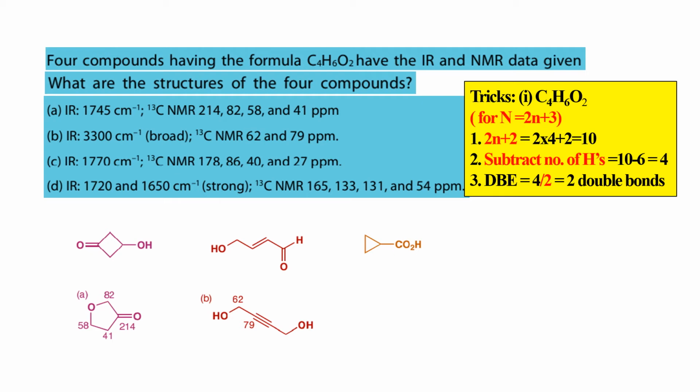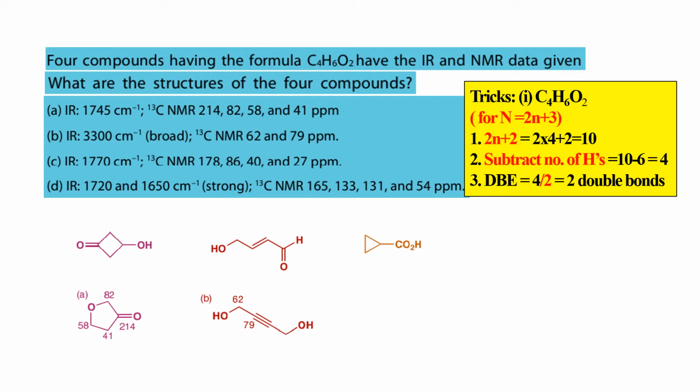Okay, 178 shows this is an acid only. And earlier in my slide also we can see that lactic acid and another acid come around 174, 176, 178. These are all the acid groups. So this also confirms that 170 is an acid. Okay, and this 86, 40, 27 we need to see. So this is also the same as this, okay.